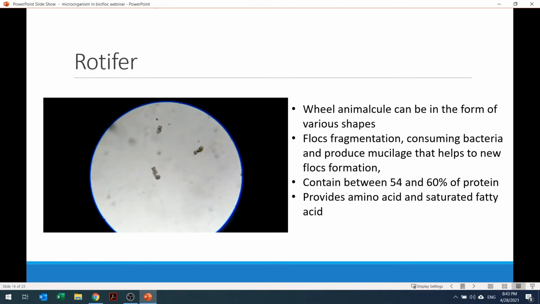Rotifer, or wheel animalcule, can be in the form of various shapes, and over 2,200 species are identified. Rotifers are frequently associated with biofloc, fulfilling some fundamental functions such as floc fragmentation, consuming bacteria, and producing mucilage that helps new floc formation. This organism can contain between 54 and 60% of protein. Their feeding method is by